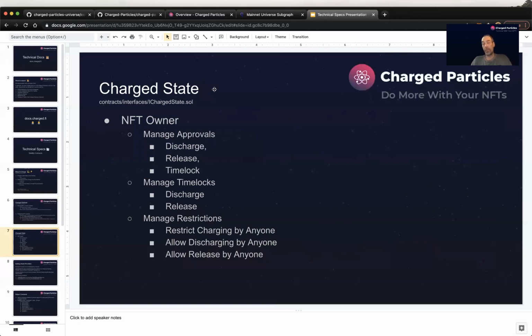All right. Beyond just the creator of the NFT or the creator of the NFT contract, the owner of the NFT has a lot of settings that they can choose as well. Just like any NFT, you can manage approvals for your NFT, but this goes a little further than just transfer approvals. So we have discharge approvals, release approvals, and time lock approvals. You can allow a third party to manage your token for you, and they can choose to discharge it,